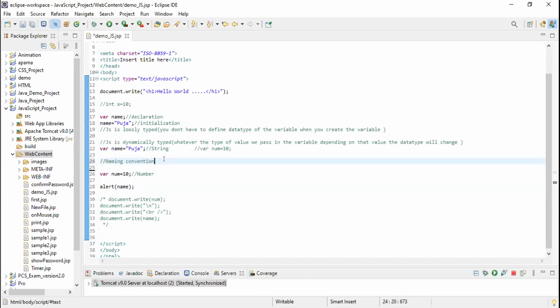Yes, ma'am. So when we create a variable, there are some naming conventions.